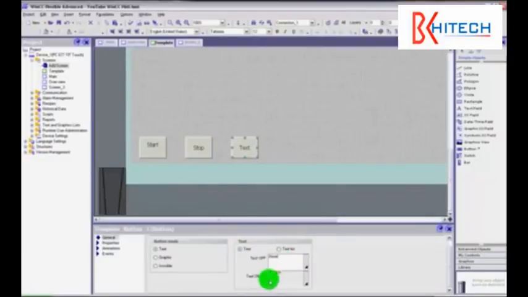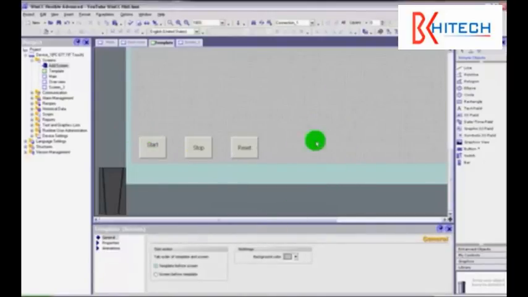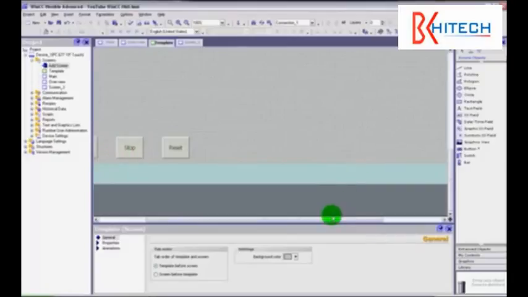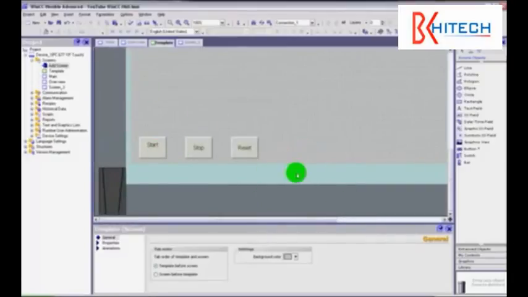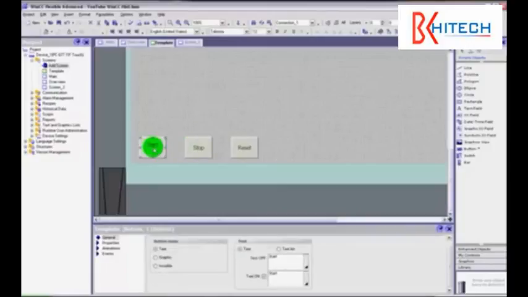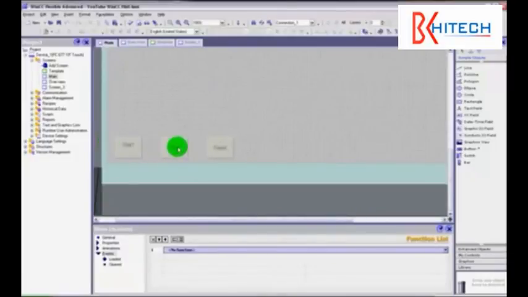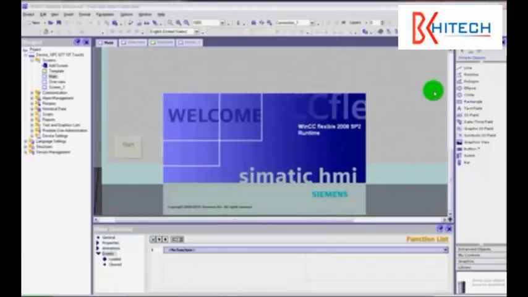Now the reason why I'm just showing you this here is because it's part of the template. I like having a menu system along the bottom of the screen, and I'll show you this on another project at a later date. But what this allows me to do is put these on the template, and then on every screen that appears, these same buttons. And if I run the screen, if I go into our runtime,